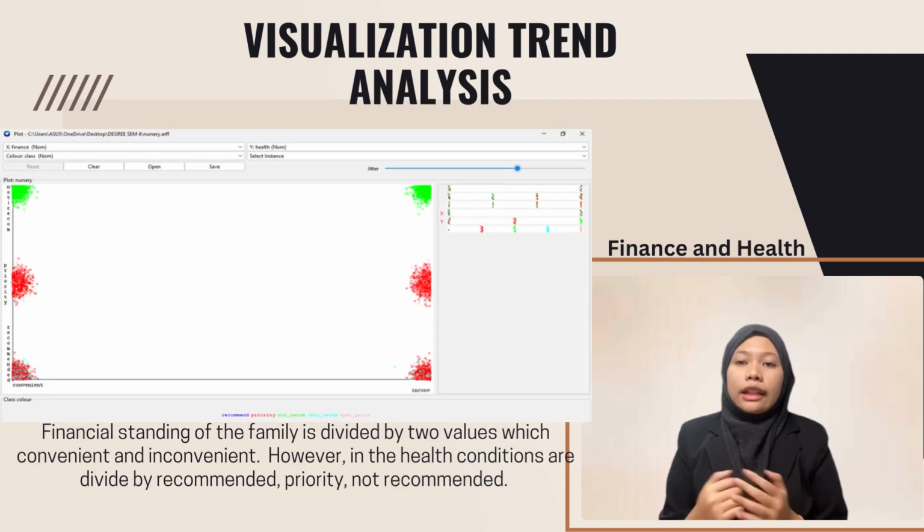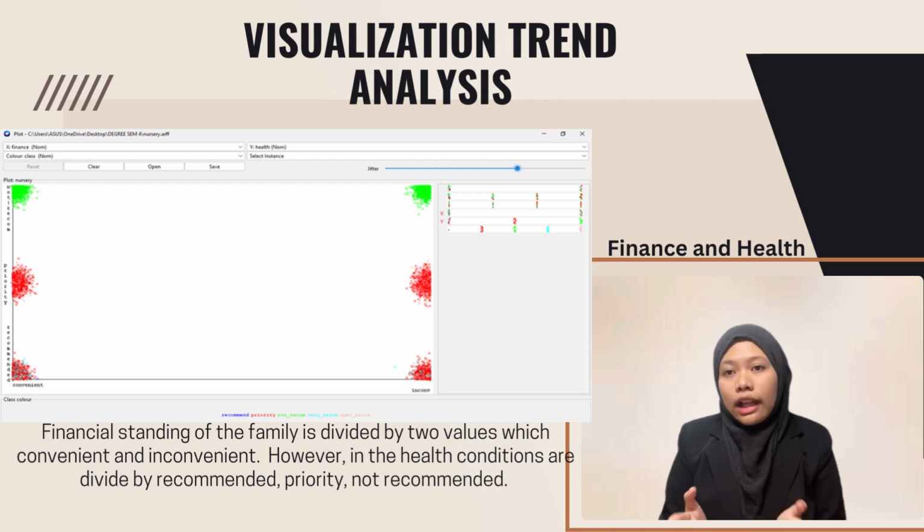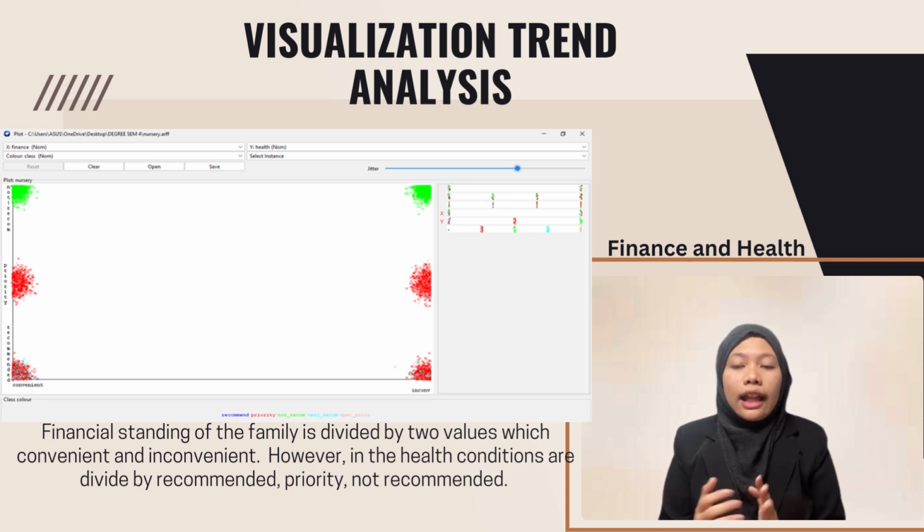Besides, for finance and health, the financial standing of the family is divided by two values, which are convenient and inconvenient. However, the health condition is divided into recommended, priority, and not recommended. As we can see in the health attribute, the recommended and priority values are dominated by red. Parents with a more convenient financial condition might be more likely to afford better resources, facilities, and educational opportunities, leading